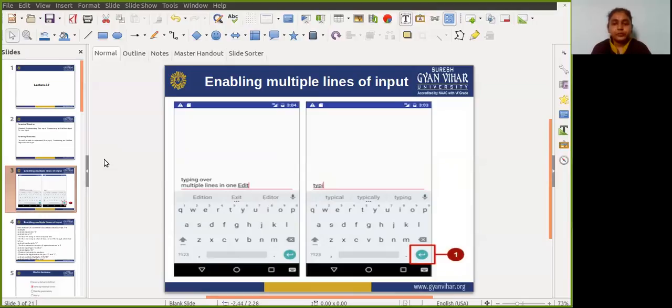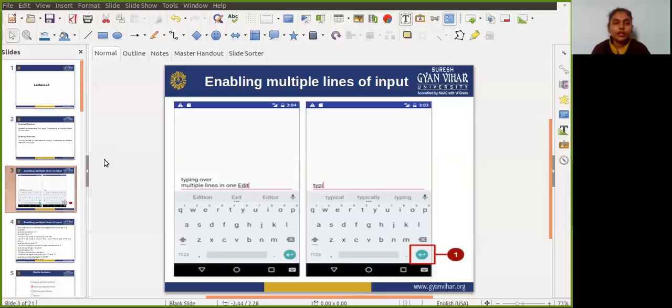You can see in this diagram where the enter key is shown at the bottom right. This is mainly used for changing the line. Now, how can we enable return to advance to the next view?